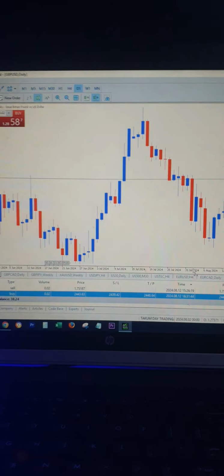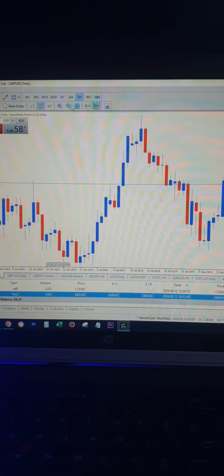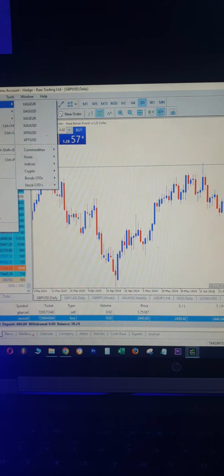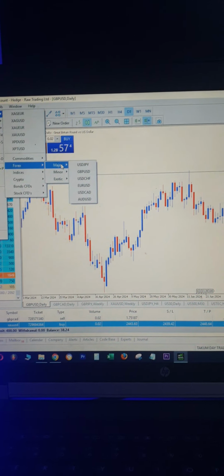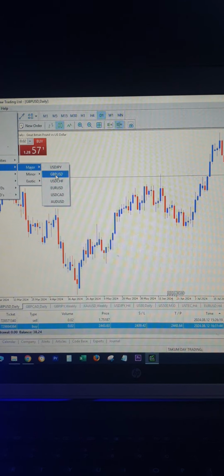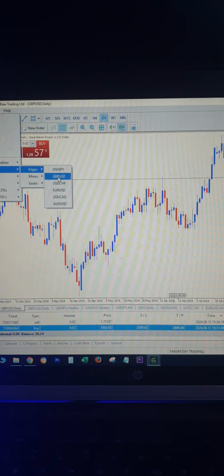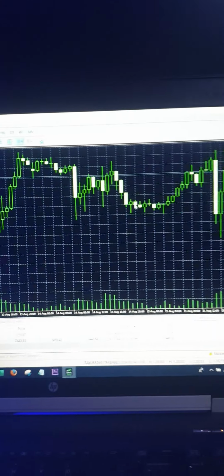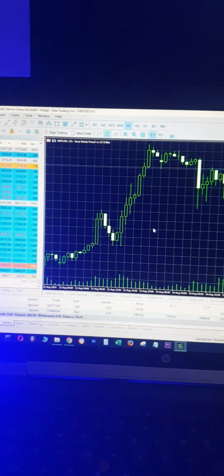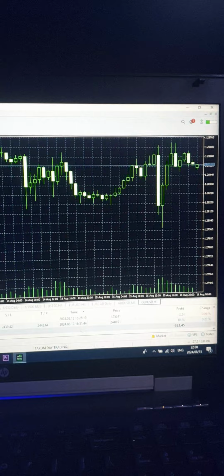What I usually do is I have a template that I have saved. I've customized a template that I always just choose when I open. For example, if I choose forex, maybe major currencies to trade, let's say I'm just going to choose GBP and USD. Yeah, this is a new chart. When you choose it like this, this is the default. So sometimes it's really difficult to analyze the market